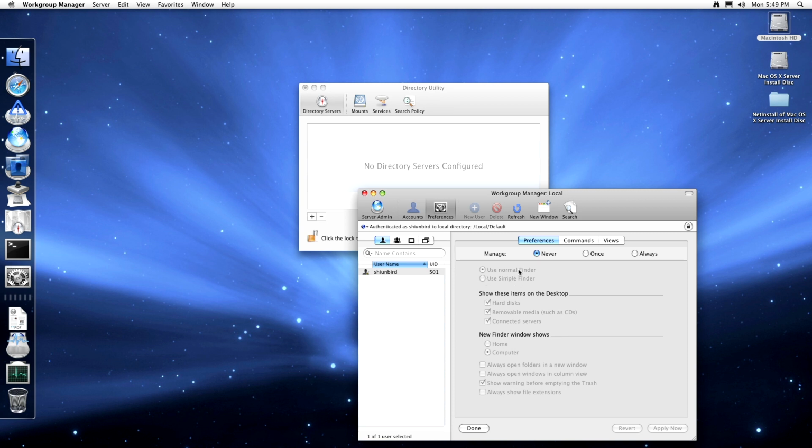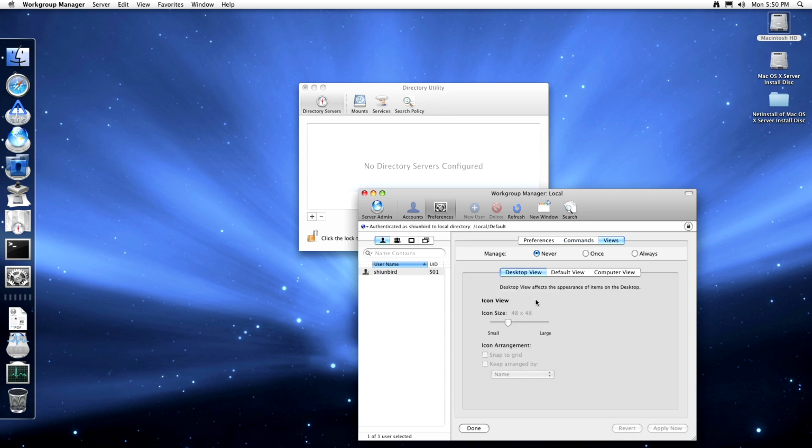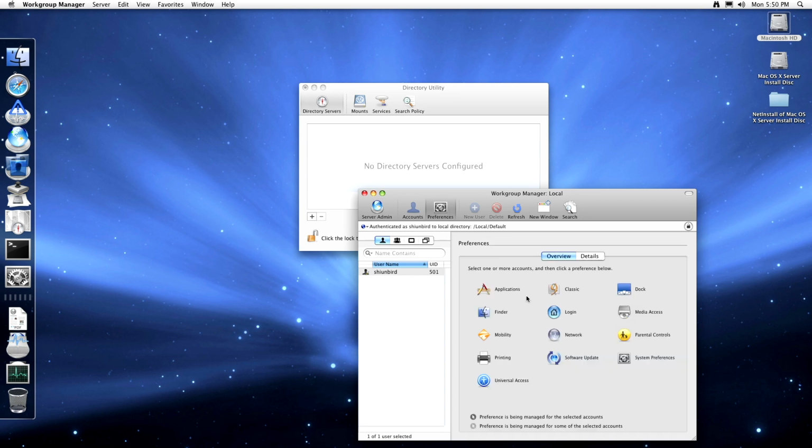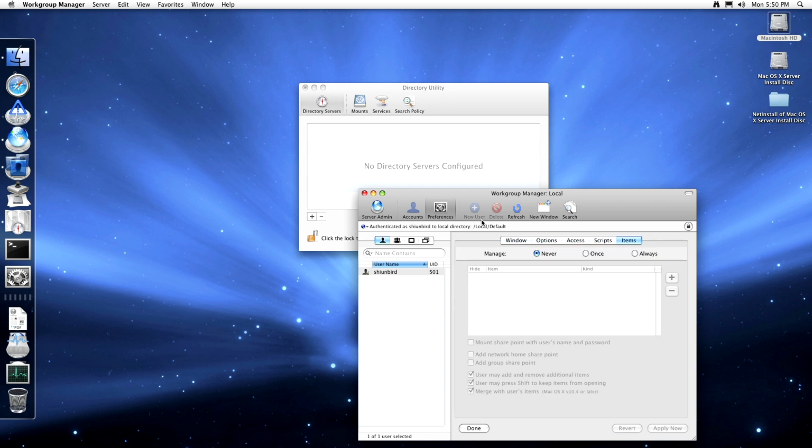Find the preferences. I didn't know the Simple Finder was a thing anymore, so with Simple Finder you have fewer options, you hide the configuration, you show what people see on the desktop. For example, if you're allowing remote access to a server, you can block shutdown, you can block burning disks so people will not steal data, even icon sizes. Basically, a lot of what you would do with group policies you can do here. Of course, not so deep, but